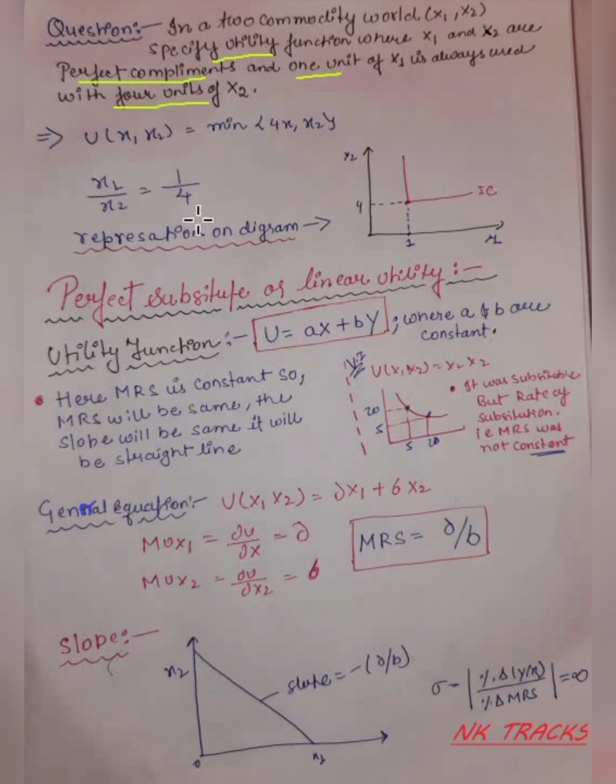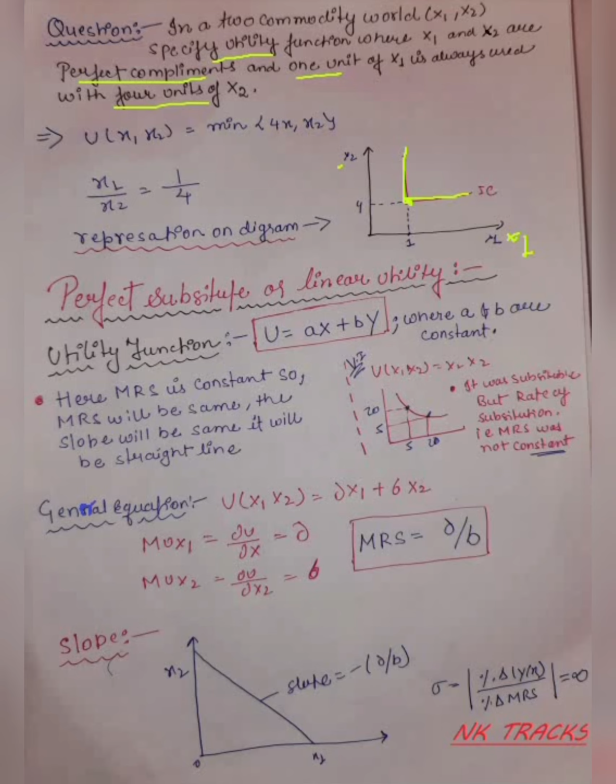So as we know that we have a perfectly complement good, how will we get the point of IC? So x1 divided by x2, 1 by 4. As we know, on the y-axis we represent x2, and on the x-axis we represent x1. Okay, so 4 and 1, somewhere here we get a point of intersection between 4 and 1. So the utility will be fulfilled at this very point. So IC will form in this form. Okay, so we have derived the diagram of this utility function.